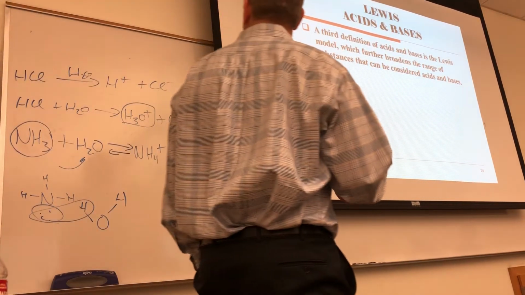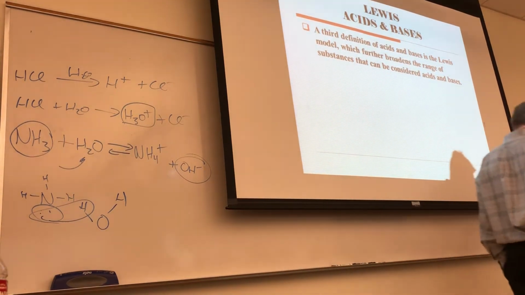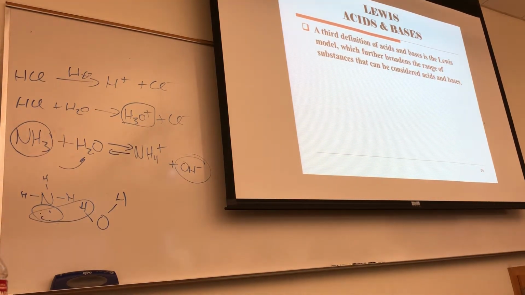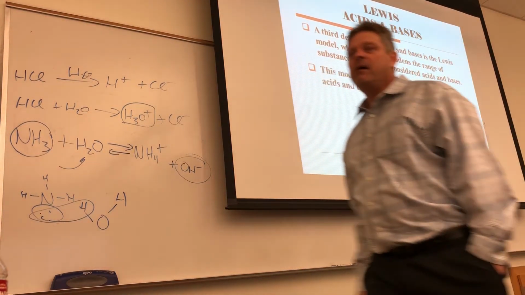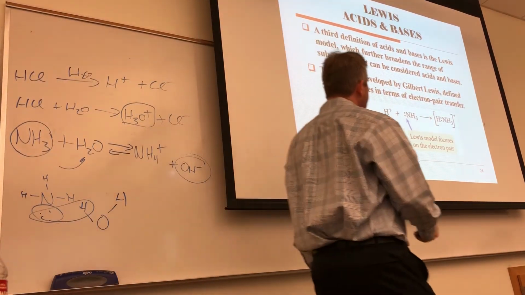Okay, that leaves our third definition, so we can close out this lecture, and we're not picking this up again, but I wanted to cover all three. This is the Lewis definition, and this broadens even more what can be an acid or base. So obviously everything we said before can still be an acid or base, but now this is a little bit more. And what this is really saying is that